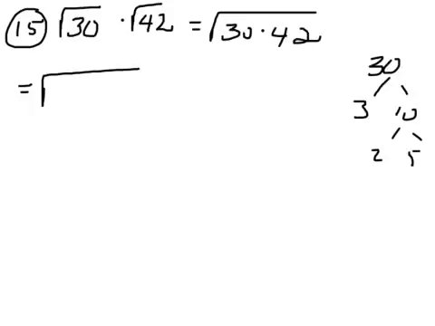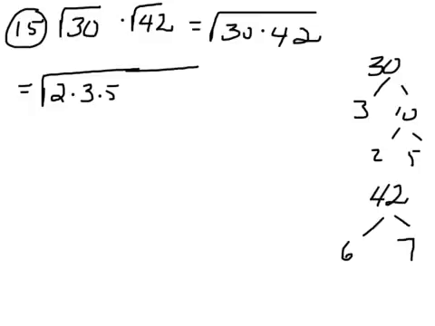So with the 30, I have, let me put them in order, a 2 and a 3 and a 5. Now 42, I know is like 6 times 7, right? But 6 is 2 times 3. So I could also then replace 42. Let me put, here was 30 in one parenthesis. In another parenthesis, I'll put the factors of 42, and I'll put them in order, least to greatest, 2 times